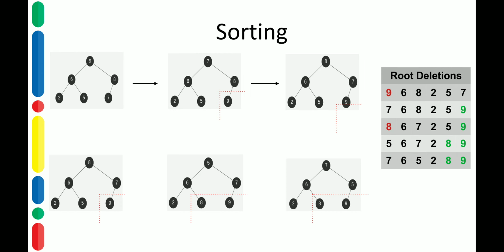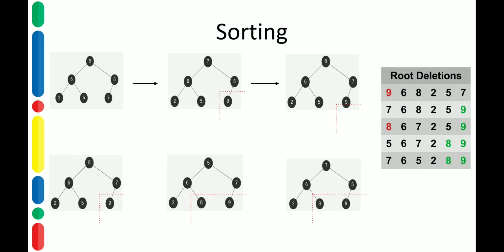Next, we need to exchange the root element with the last element in the heap. The root element is 8, the last element is 5, and not 9. When I do this, the second largest element is placed in the second last position in the sorted array, which means that we have finished sorting the second last position. After doing this, the remaining elements in the heap are 5, 6, 7, 2.